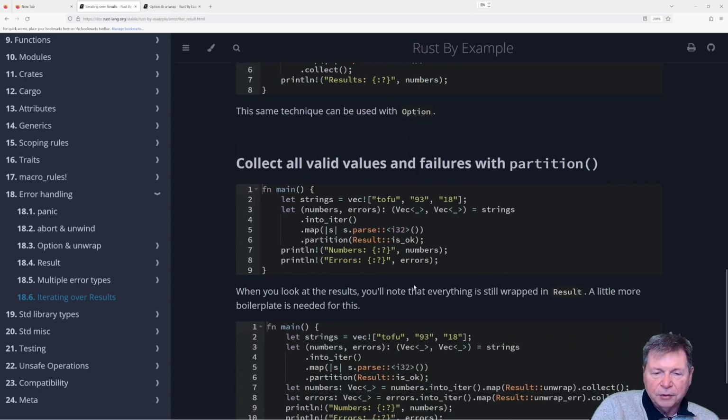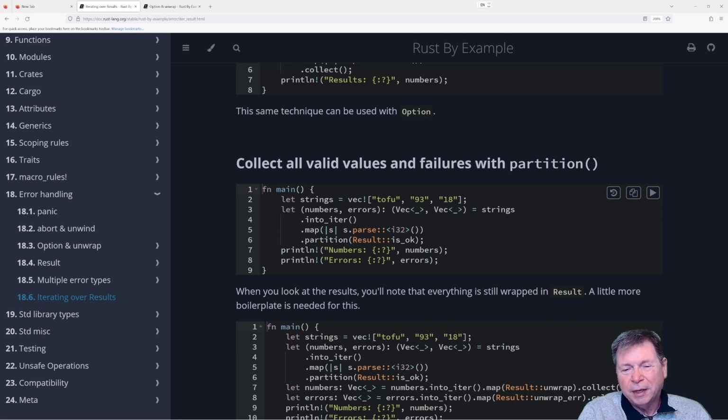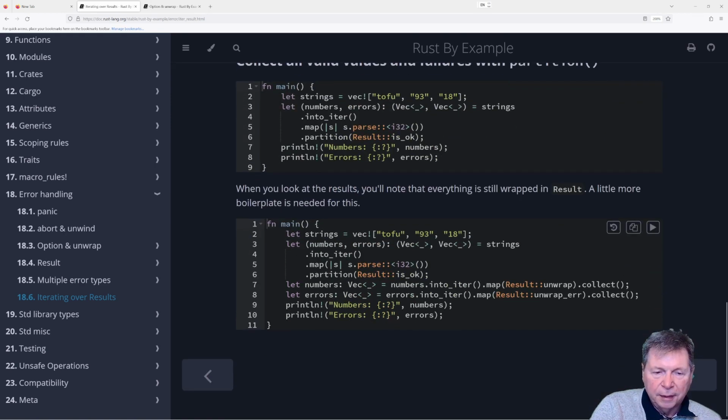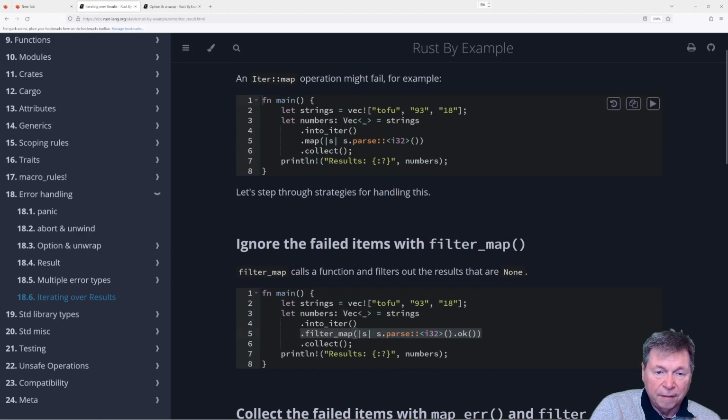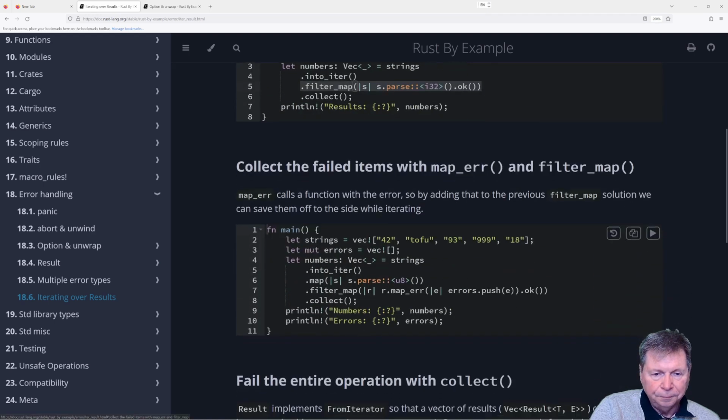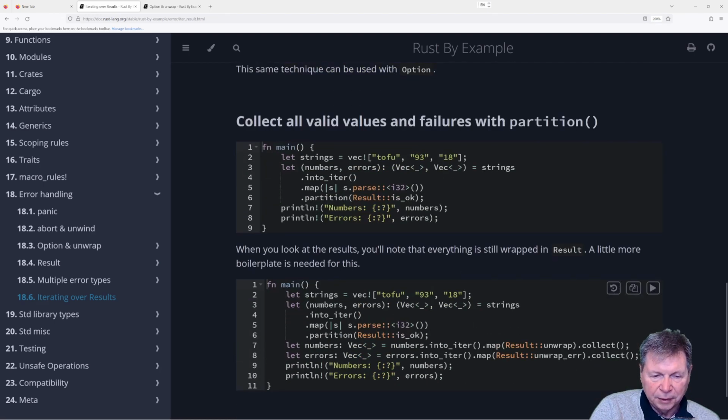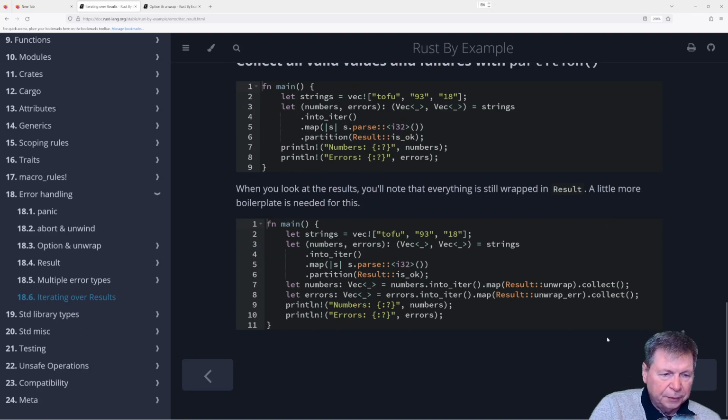Collect all valid values. This is important, right? Because this is like a whole bunch of behaviors. We iterate a lot, and you're going to have errors a lot. So this one, I mean, it's too much to absorb right now, but that's kind of cool. The ability to deal with it in different ways. Awesome.